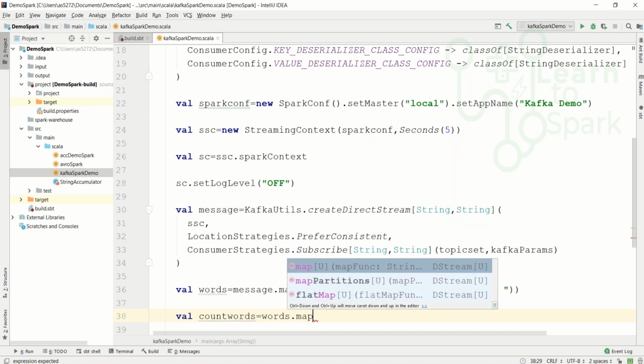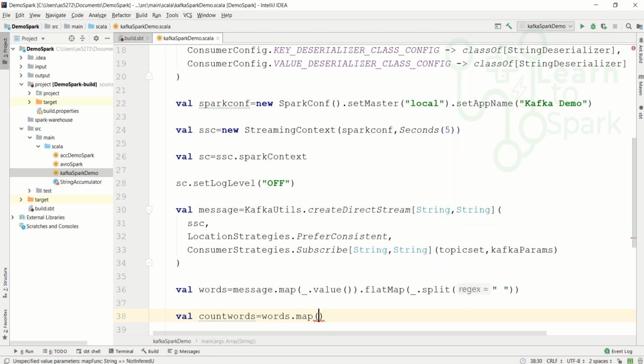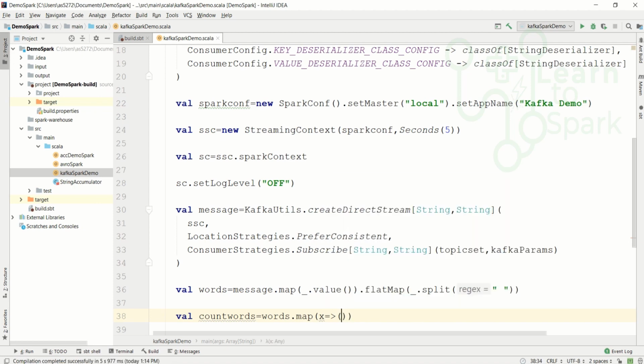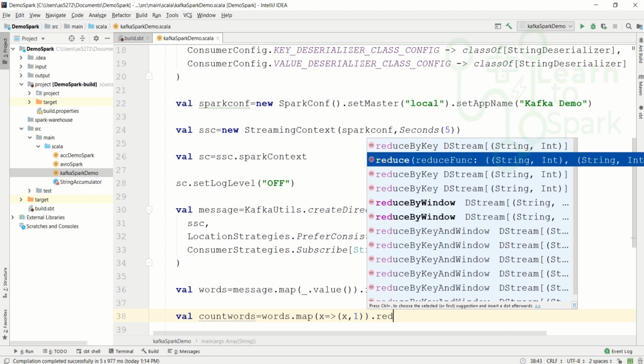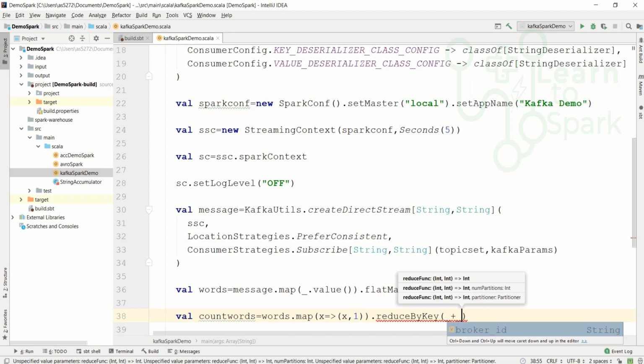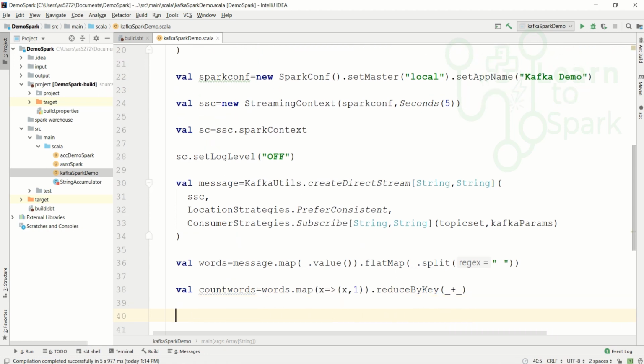Again I will use the map function, and we will define a lambda function to get the count. I will apply a reduceByKey to get the count.